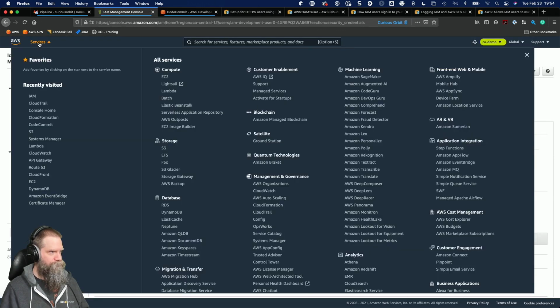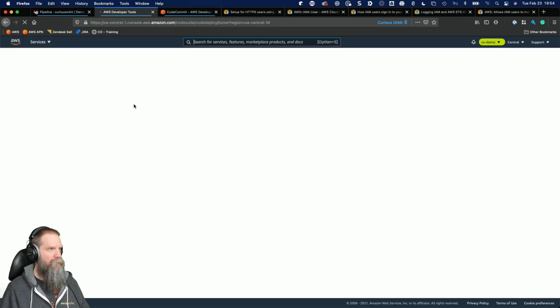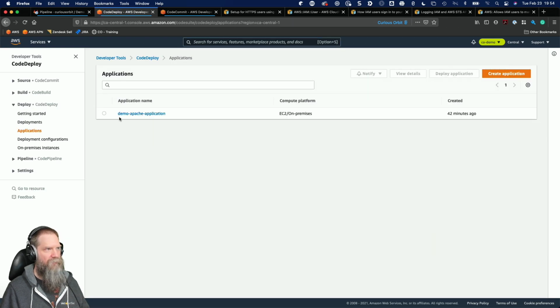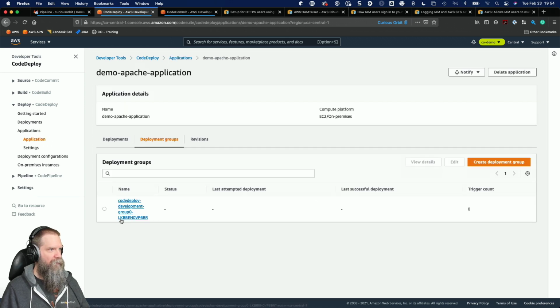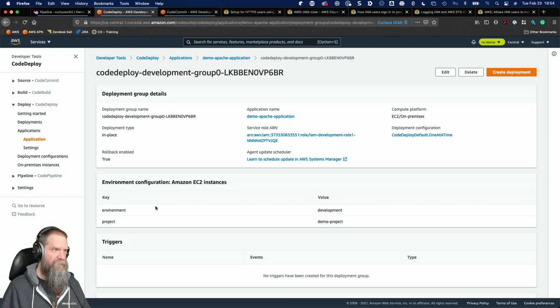Okay, so let's go have a look at our deployment group. So we've got our application, our Apache application that we looked at last week. Oops, sorry, meant to click here. And we've got our deployment group. Remember last week we talked about this: deployment groups are tag-based. We created a tag-based deployment group for this last week, but you can also use auto-scaling